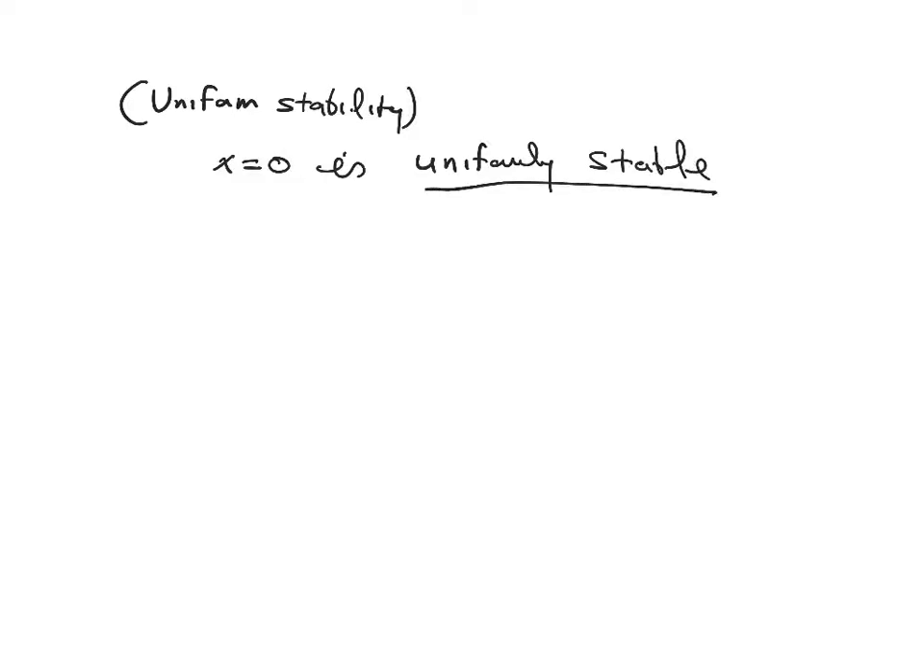Okay, uniformly stable for delta equals delta of epsilon, independent of t0. So basically your delta is independent of